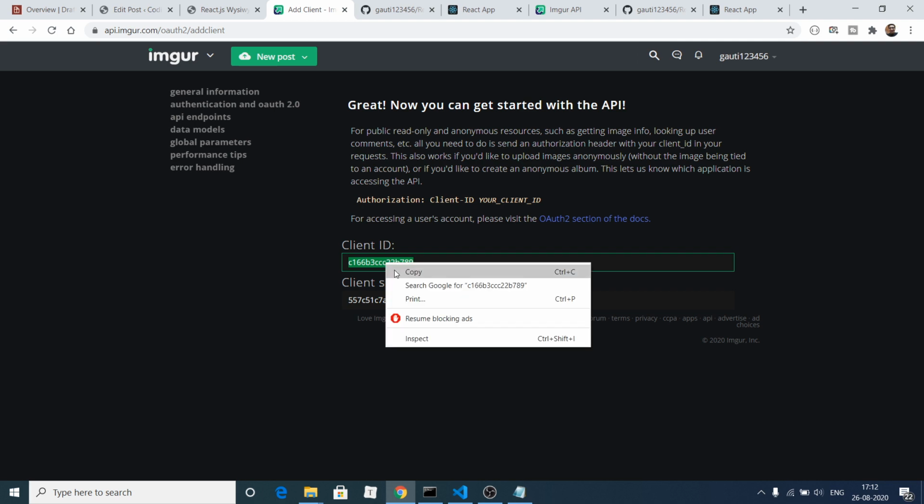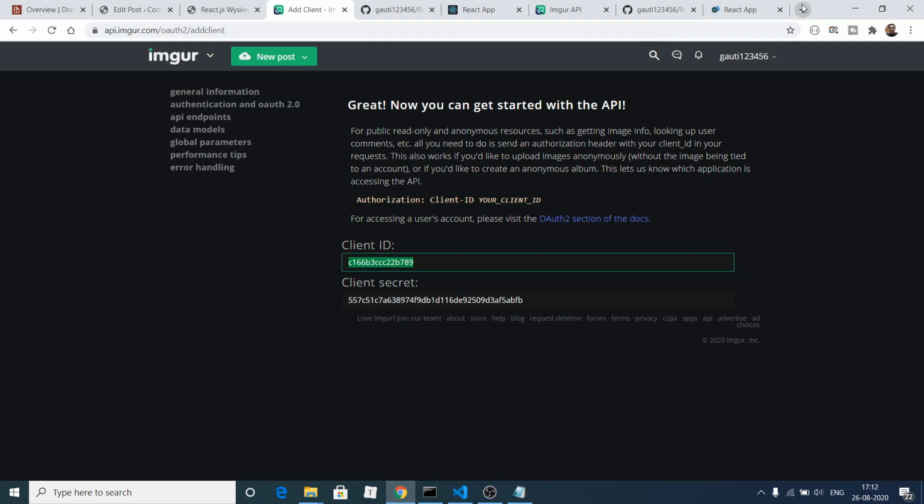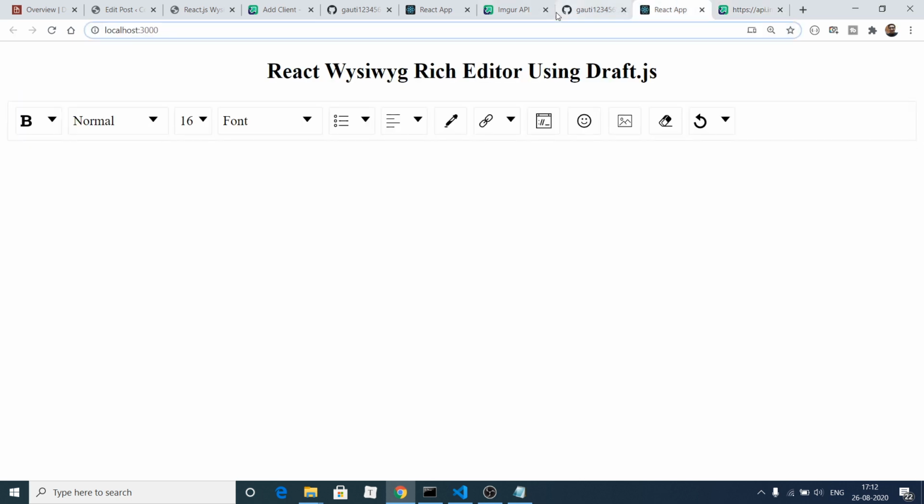You need to copy this client ID and replace it here, paste it. Basically this is the endpoint where we are uploading images. We are just making a post request. If you open this inside your browser, you will see it will ask for authentication. So in this route we will be uploading images.